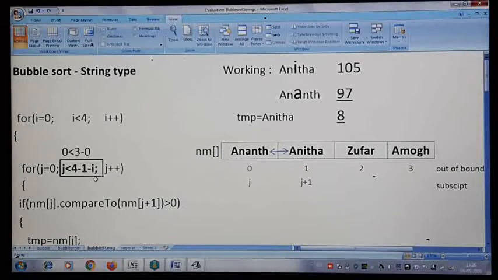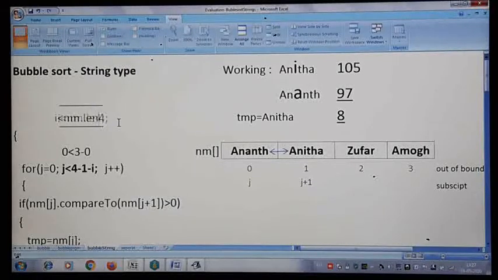This you all have understood in the last class. The same thing I just repeated, just a revision. So the 4 minus 1 minus i applies when you have initialized the size like this. Assume you are taking the array as an argument. In that case you cannot say the size, because the user will be giving the array elements, so we don't know how many elements the user is going to give. In that case you can replace this with array dot length. So whatever the size of the array, accordingly the length will be taken.